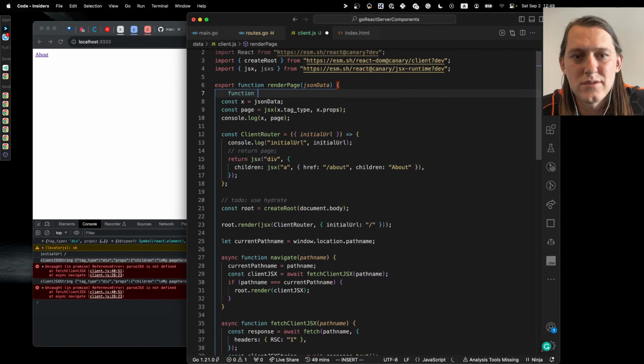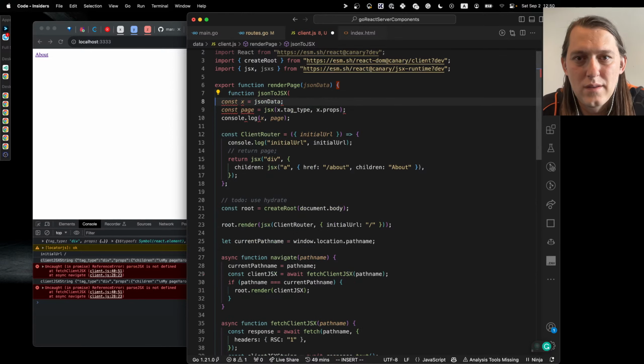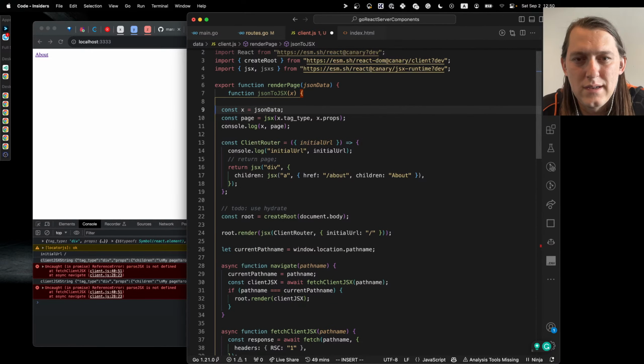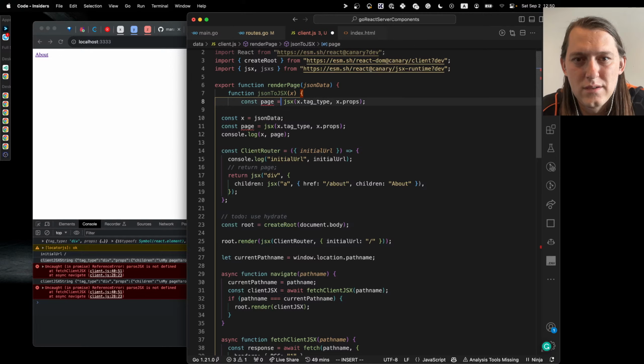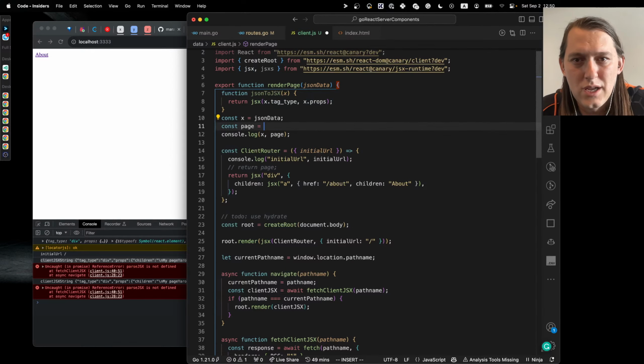The function is going to be JSON to JSX. So it takes x, and it does this, and that's it. So here we can just say JSON to JSX, JSON data,